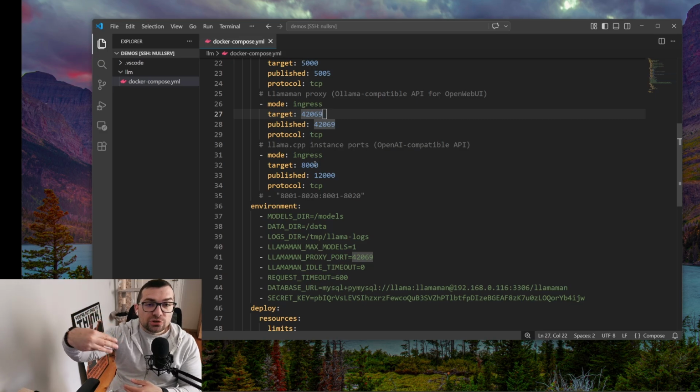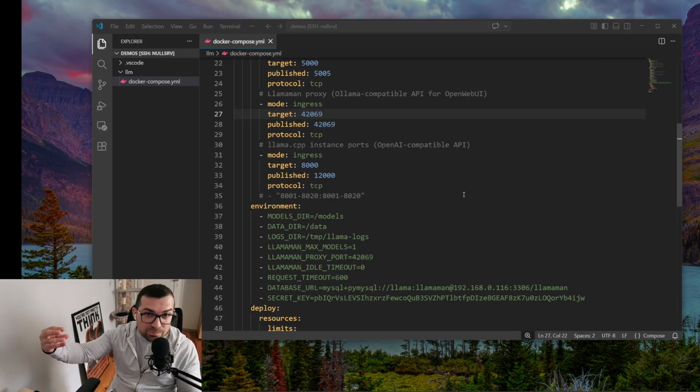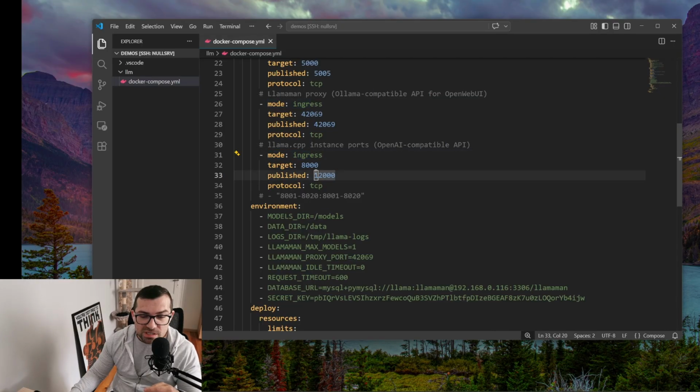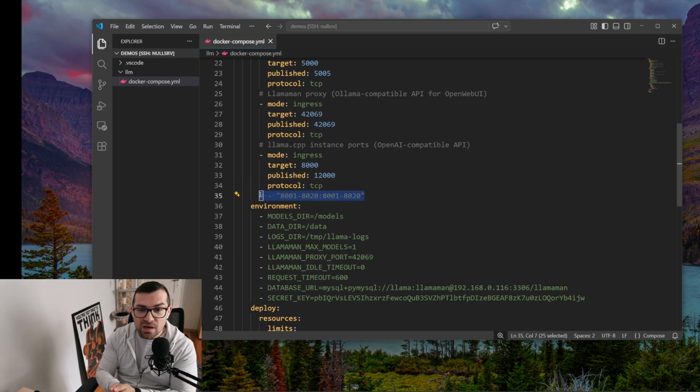It can filter with internally set preset variables. For example, for temperature, for top K, top P, presence penalty, and maybe we can expand with further variables down the line. But for now, this is it. For now, since I'm going to be managing one instance for this particular deployment, I will be using just one ingress port, which will be published to external port 12,000 on my server, but this is how I've shown